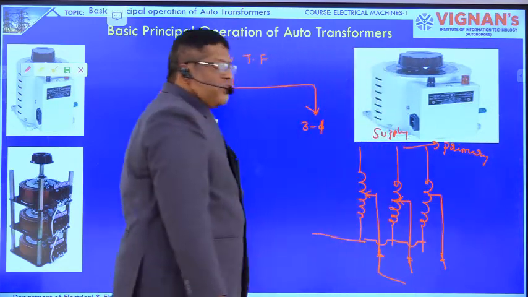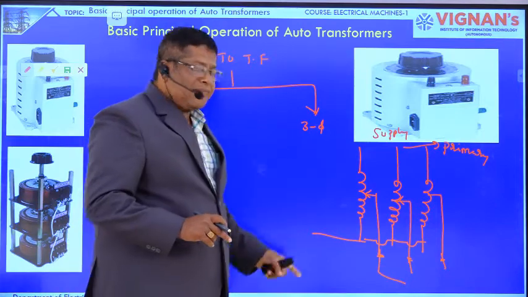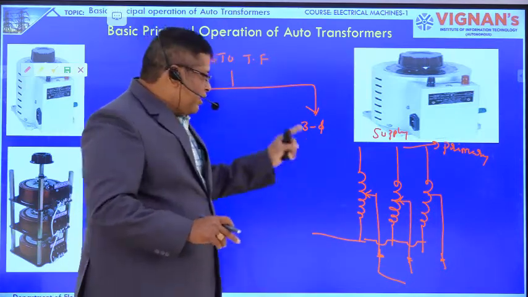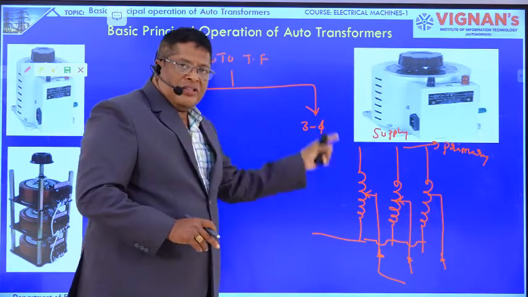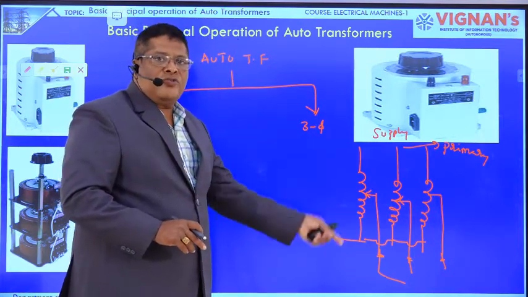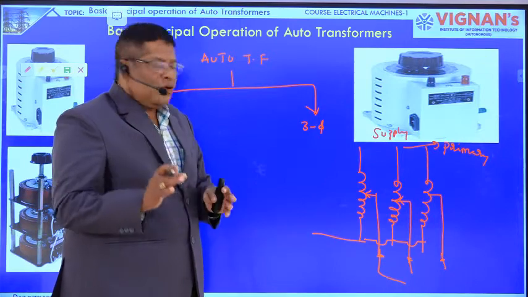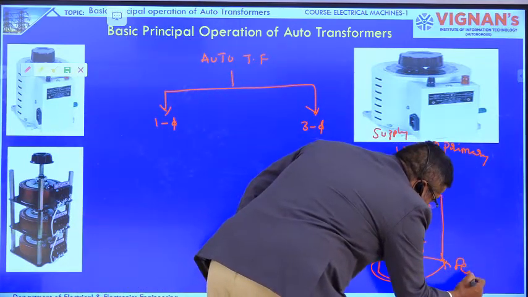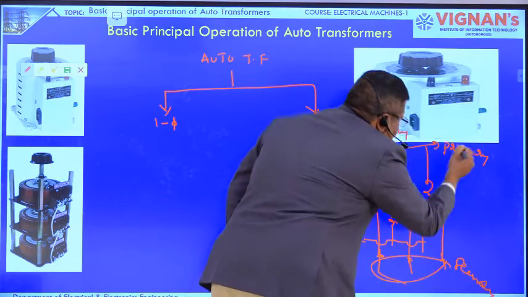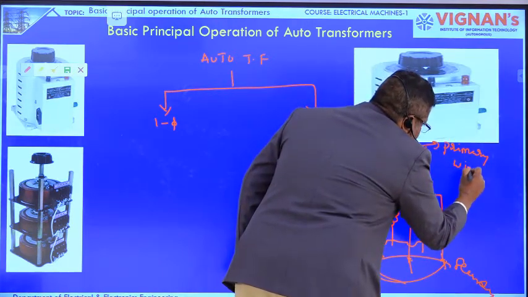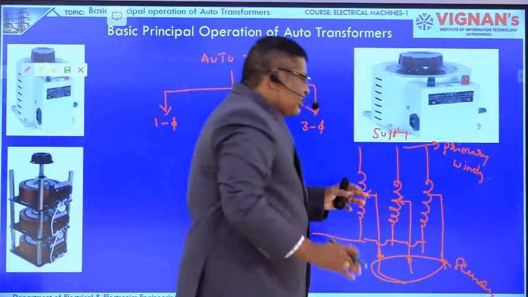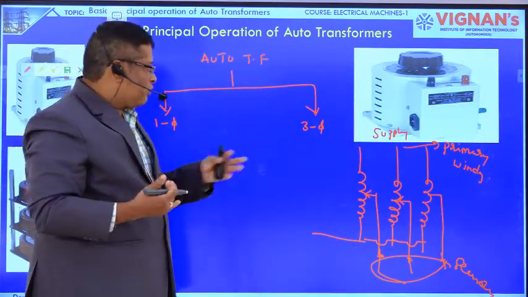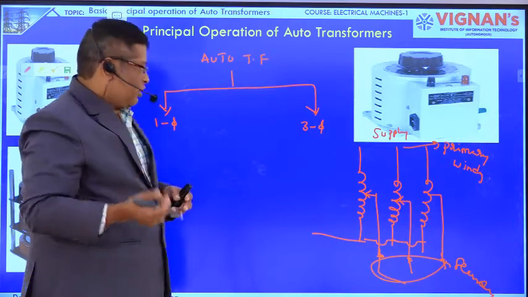But in the case of a single phase auto transformer, only one coil, one winding is there. But in the case of a three phase auto transformer, three windings are there. Each winding has a variable point. From the variable points, three terminals are taken outside. Across those variable points, we are connecting a load. So this is acting as the secondary winding, whereas this one is the primary winding. In this case, we are giving a three phase supply, and we are also taking the three phase supply from the variable points. So we are calling it a three phase auto transformer.